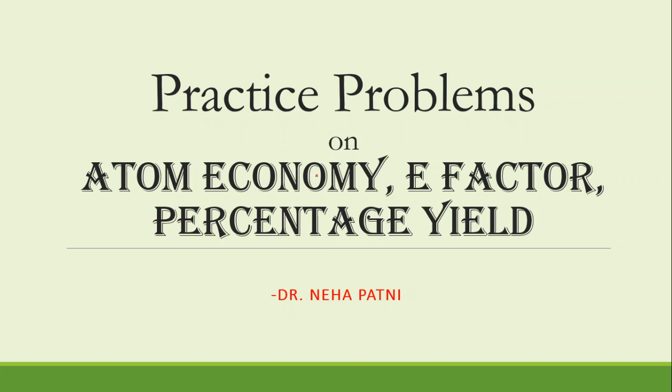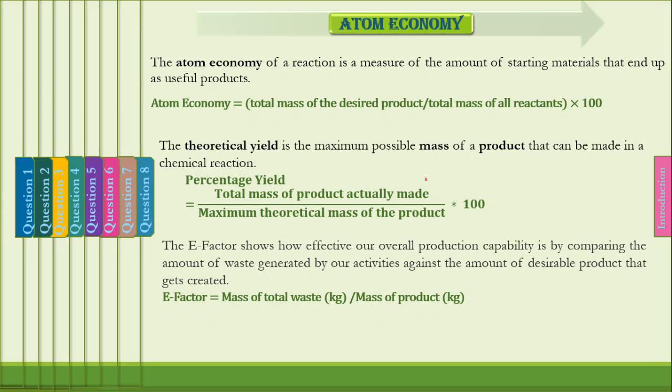Hi, so today we will discuss some questions or numericals based on atom economy, E factor and percentage yield. In the last video, we did some problems based on atom economy and theoretically also. In green chemistry principle number 1 we discussed what is E factor. In principle 2 we discussed atom economy and percentage yield in detail. So if you want to revise, just go to the video. I have pasted the link here for the theory portion. In this video I am only going to discuss the numerical thing very quickly in one slide.